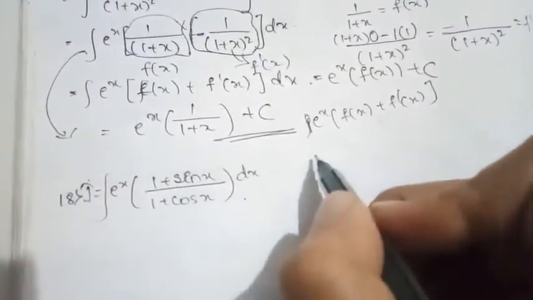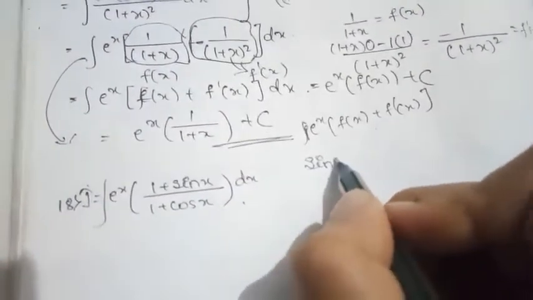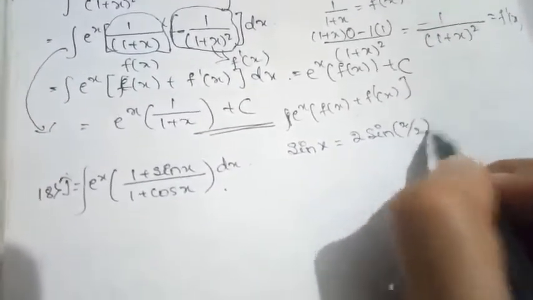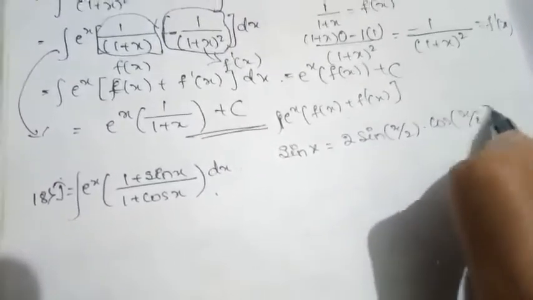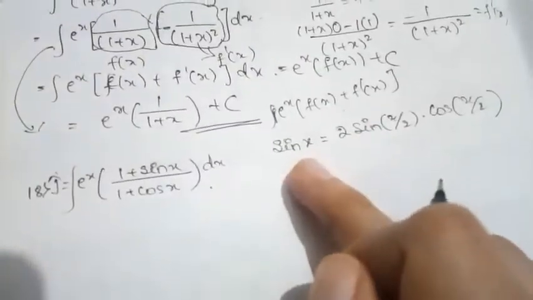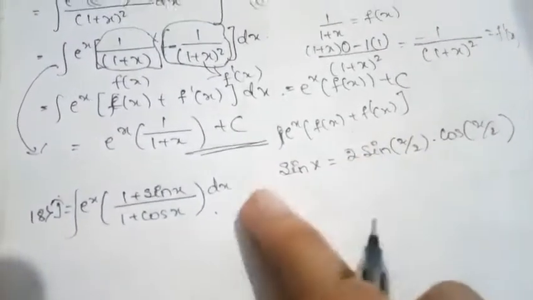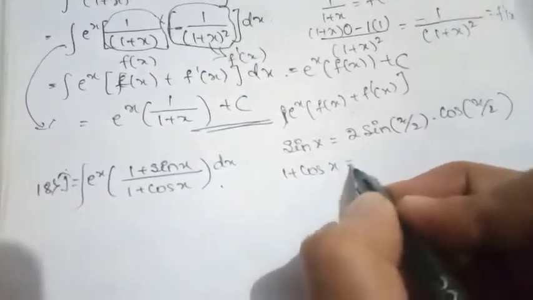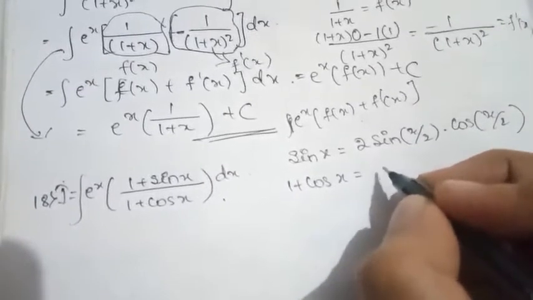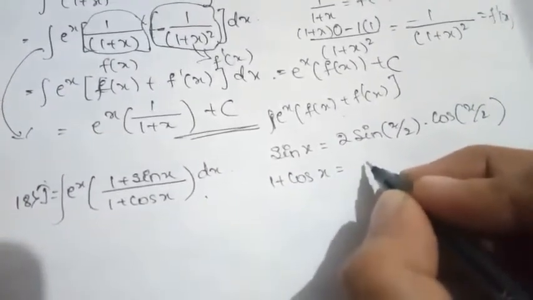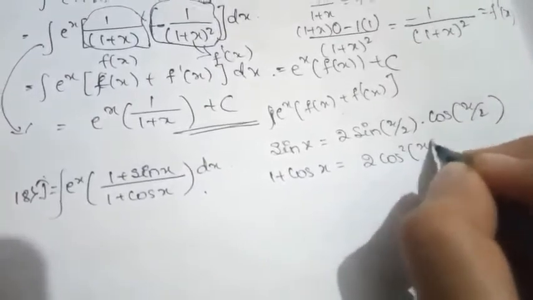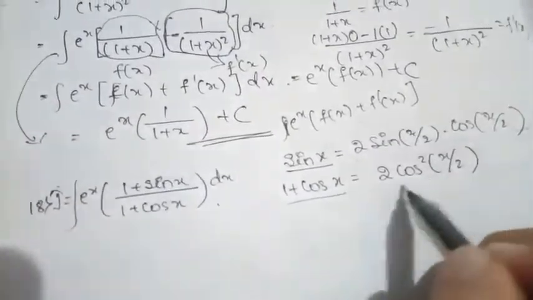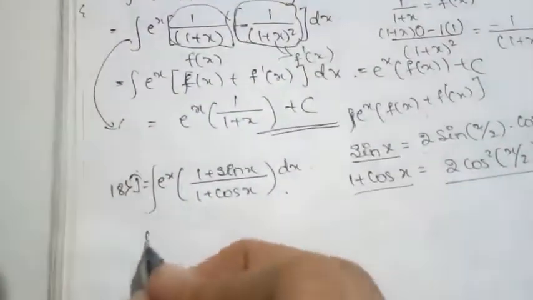So what we are doing here is, we can write sin x as equal to what? 2 sin x by 2 into cos x by 2. I hope everyone knows the formula sin 2x is equal to 2 sin x into cos x. So it is by the half angle formula. Then again, 1 plus cos 2x can be written as 2 cos square x. So 1 plus cos x can be written as 2 cos square x by 2. So in place of sin x, replace sin x by this one, and 1 plus cos x as this one. So what happens?